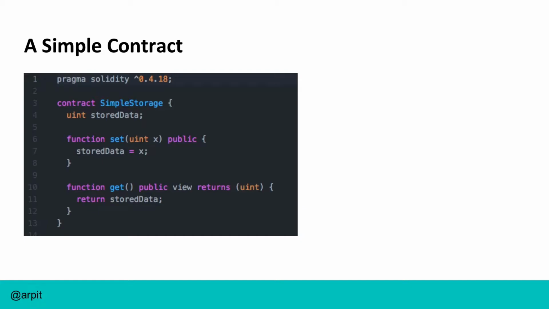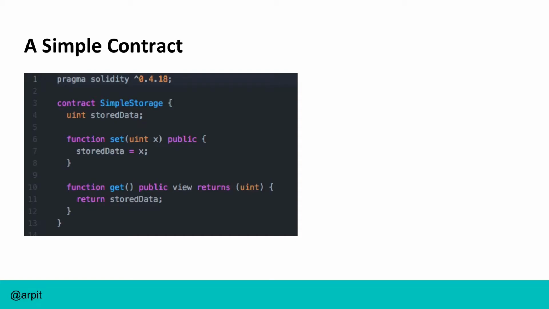What is a contract? We've all heard of smart contracts, and I've told you how to deploy one. A smart contract is actually just a piece of code, and if you've ever done JavaScript 101, this should start looking very familiar. In any object-oriented code, you have classes. Instead of classes, in Solidity, you have contracts.